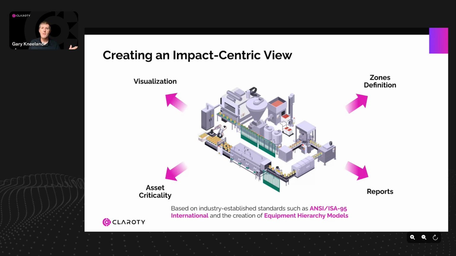It could have serious ramifications in one instance, whereas in another instance, that exact same type, model, and firmware of PLC is used in some random backup system that is just not critical, and it can fail and it's not a big deal. So having that business context allows us to change the criticality. And when we're talking about things like remediation or prioritizing response effort, we really want to focus on that safety system first, because that is so much more critical to our business. This impact-centric view gives us that context and allows us to start responding to that.